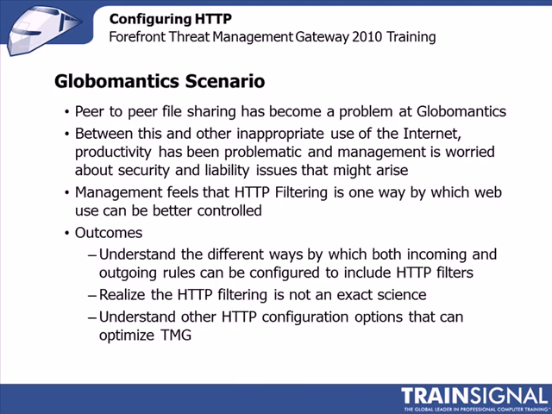At GlobalMantic, peer-to-peer file sharing has become a problem. Some users have enabled peer-to-peer clients that have started sucking down lots of bandwidth. GlobalMantic would like to put a stop to this practice. Between this and some other inappropriate uses of the internet, productivity has become a problem, and management is worried about security and potential liability issues that might arise. They feel that HTTP filtering is one way by which web use can be better controlled, and the company can